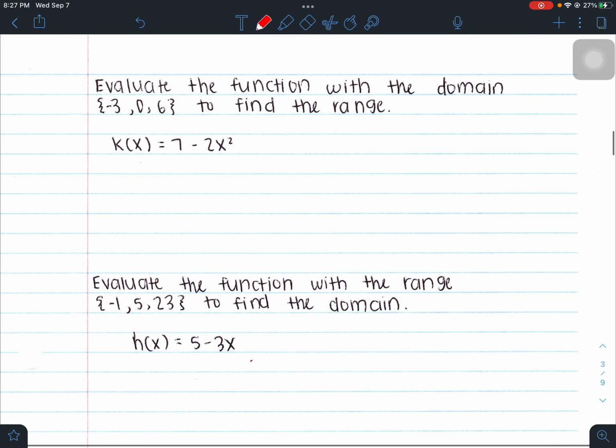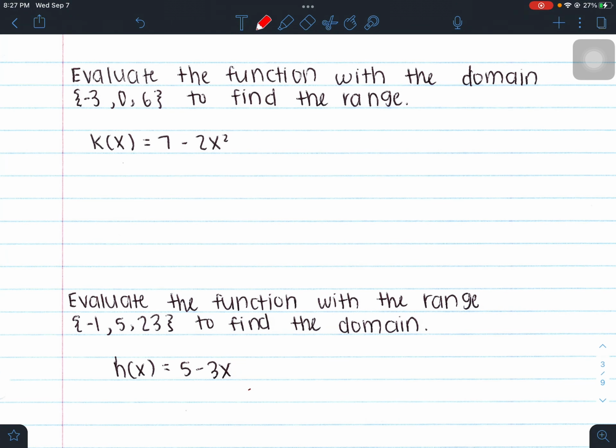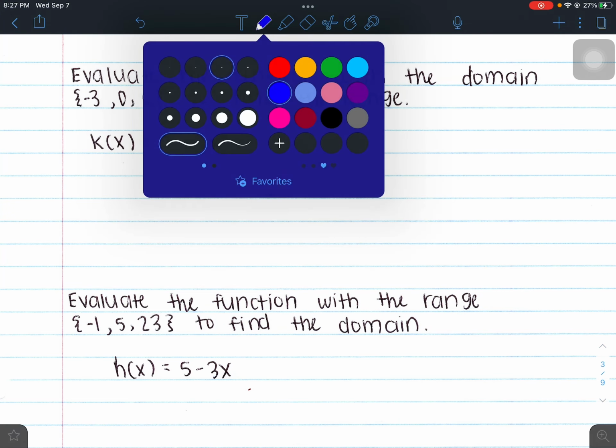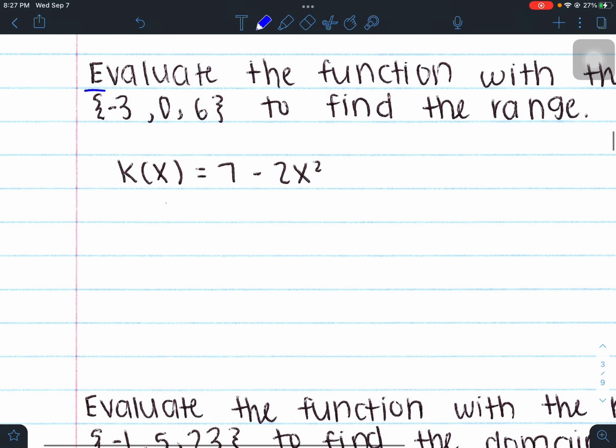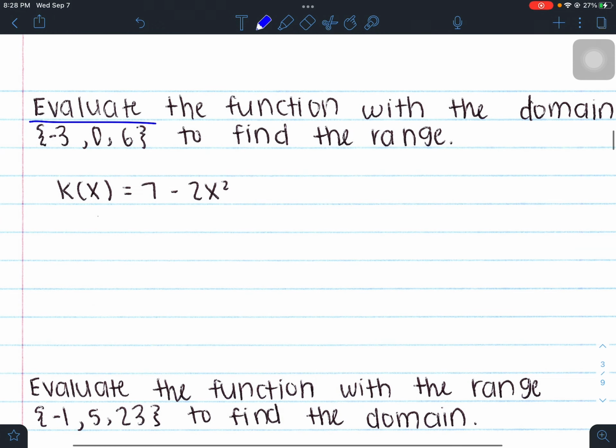Moving on to the last page of this section of the notes, which is over evaluating functions. We have: evaluate the function with the domain {-3, 0, 6} to find the range. All right, so that's a big mouthful of what the heck did I just read, right? So let's first dissect this piece by piece. They want us to evaluate, which means they're probably going to be plugging something in. Evaluate the function with the domain